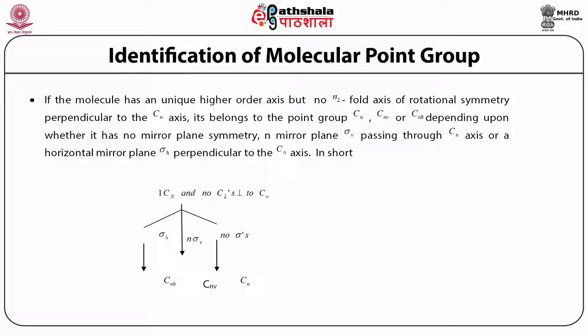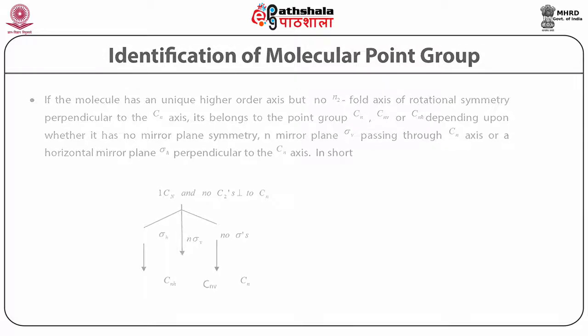Therefore, the molecule has one principal axis of n-fold rotation symmetry Cn, with no C2s perpendicular to the Cn. If there are further no reflection planes, then the group is simply Cn. If there is a reflection plane which contains the principal axis, that is the reflection plane σv, and such planes, then the group it belongs to is Cnv. If there is a horizontal plane which is perpendicular to the principal axis, then the molecular point group is